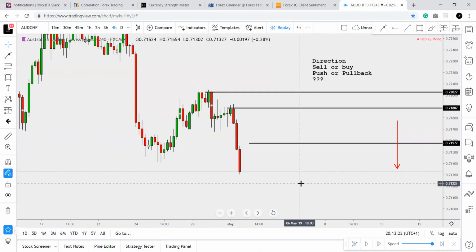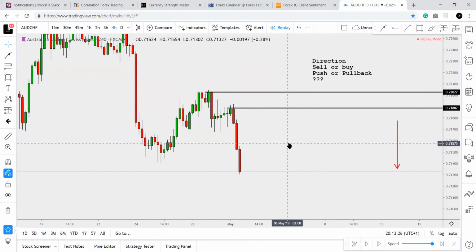Very good. So let me ask you this question now. Based on market structure, forget what you already know. What phase is this market in? Push or pullback? This is on push. A push. What bias are you on this market? Sell or buy? Sell. And what are you waiting for on this market structure? Either to break the support or pull back to resistance in order to make a double top and then push it